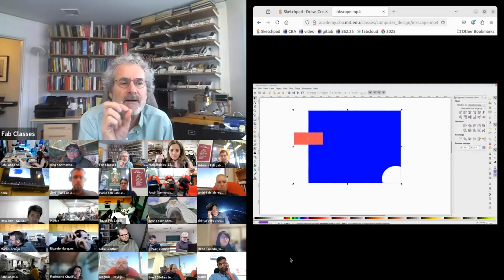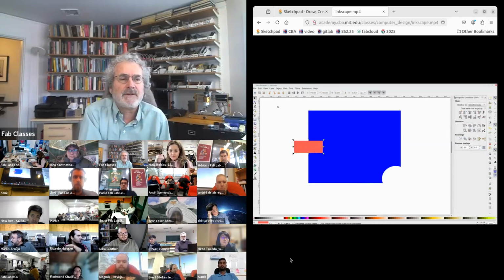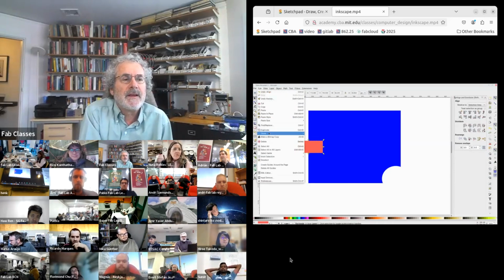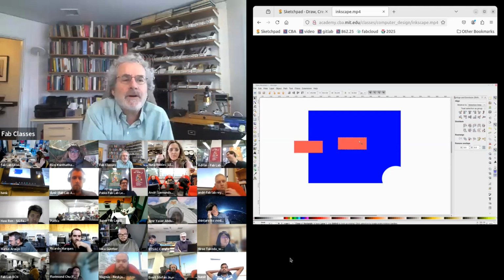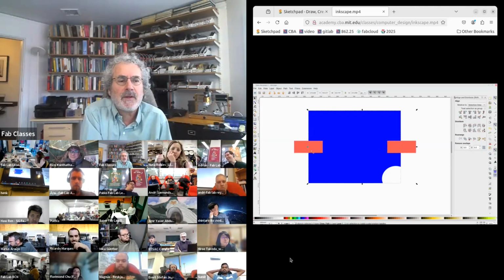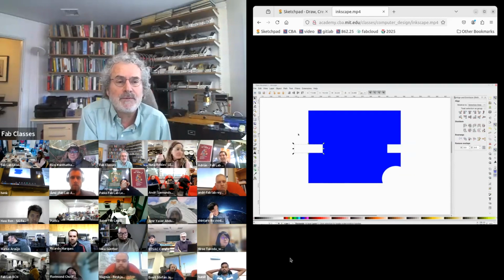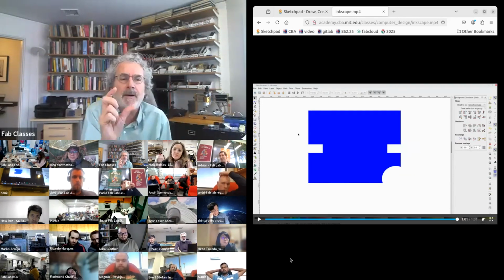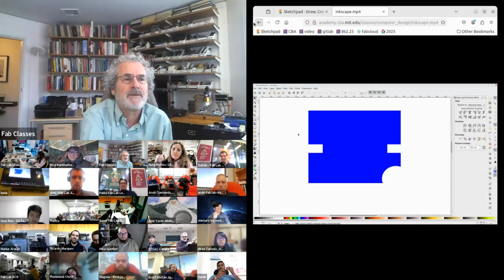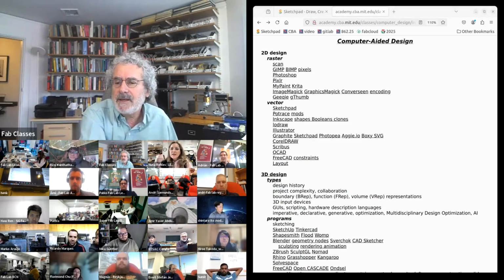Then I'm going to do a borderline CAD thing. So I just did an alignment. I centered that part. Then I'm going to clone the part. I could copy it, but a clone stays connected. So now I'm going to change the color. Now, because it's cloned, if I change one of them, the other one moves. And so that's a minimal way to be parametric. Think about the slots in the cardboard. So Inkscape is,